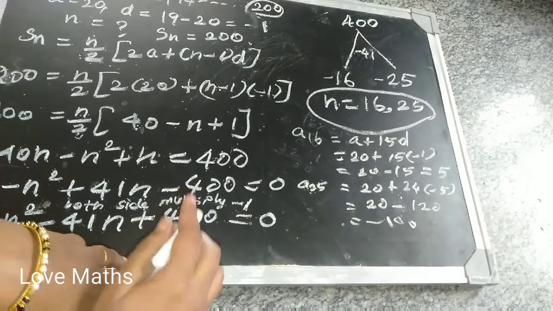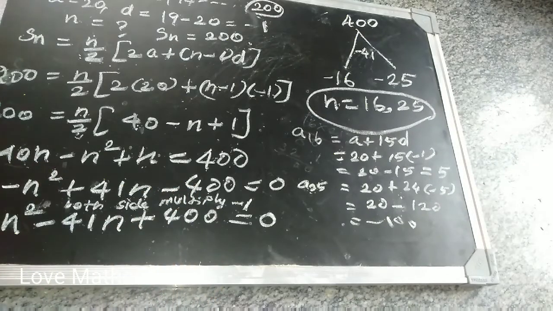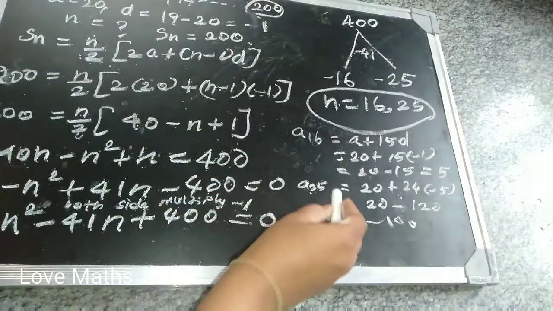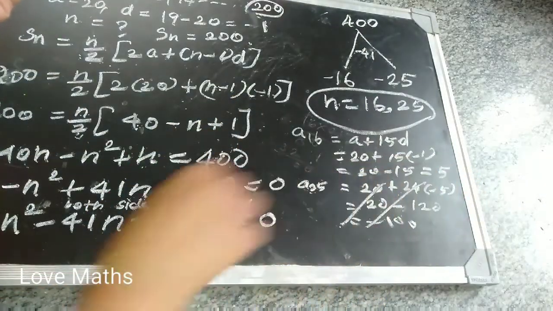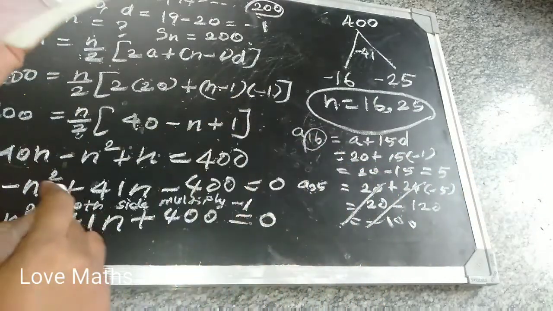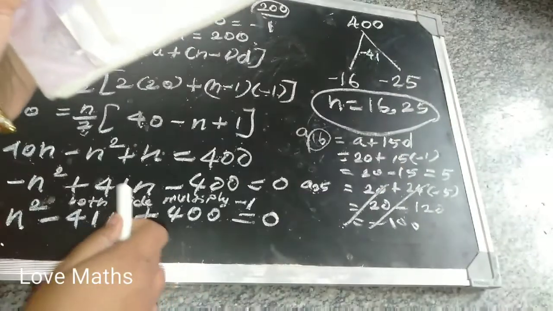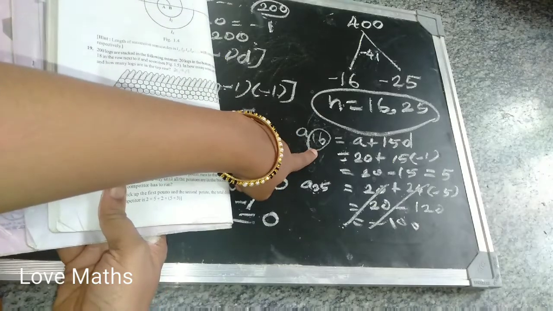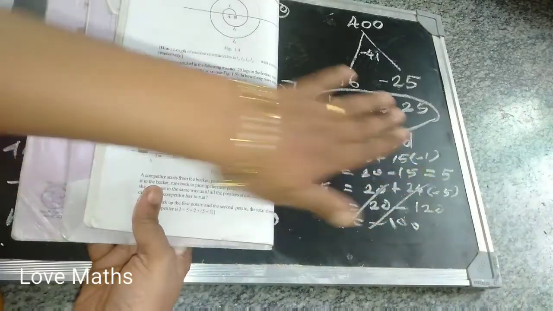Okay, so it is just like logs. It never comes as a minus value. So a25 is not possible. Only 16 is possible, the positive value. What is the meaning? If you continue the logs like this, in the 16th row, 5 logs.